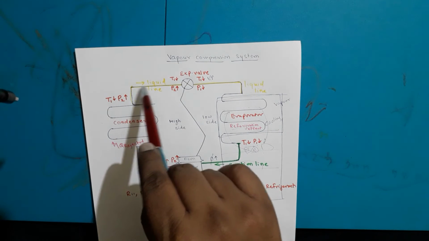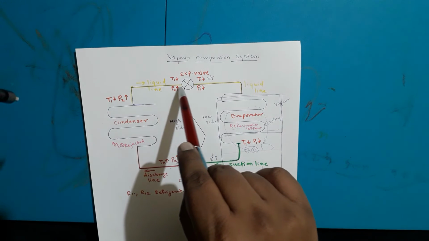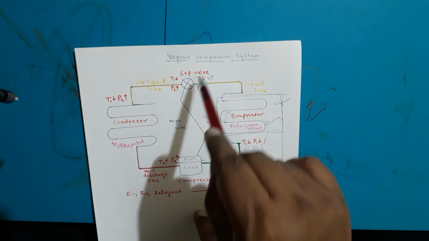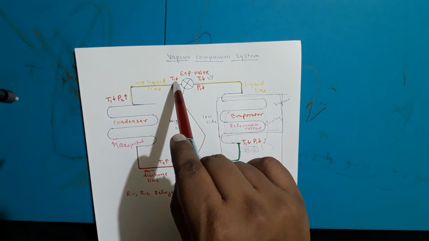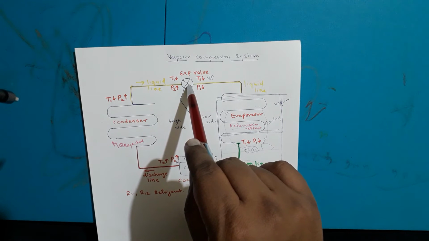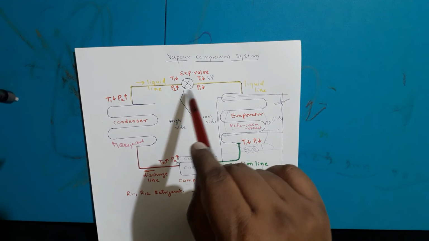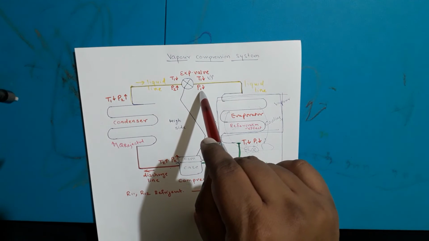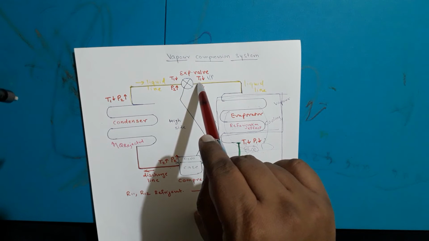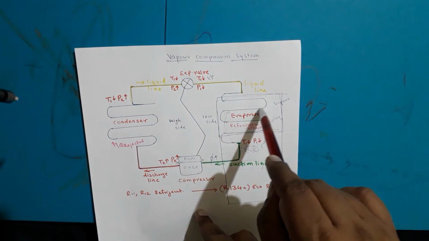Now this low temperature and high pressure liquid, because after condensation it is converted into liquid, will enter into the expansion valve. So as the name indicates, expansion valve. Here before expansion you can see there is already a temperature drop but pressure has not dropped. But after expansion, pressure also drops. So after expansion what happens? Velocity increases and pressure will drop. So in this expansion process, the low temperature, low pressure liquid will enter into the evaporator.